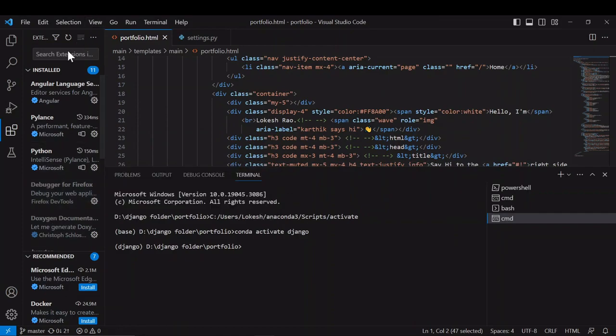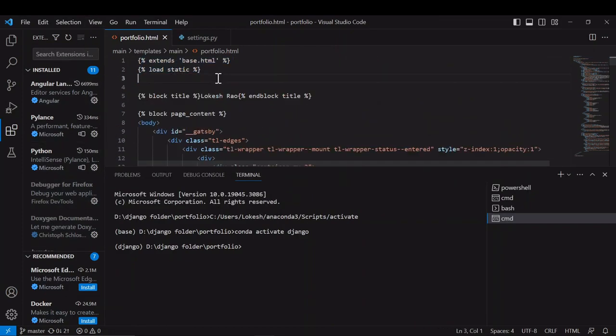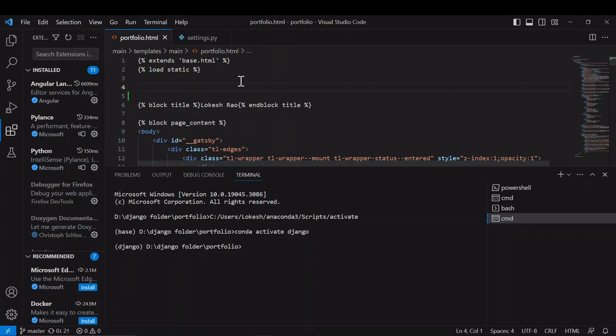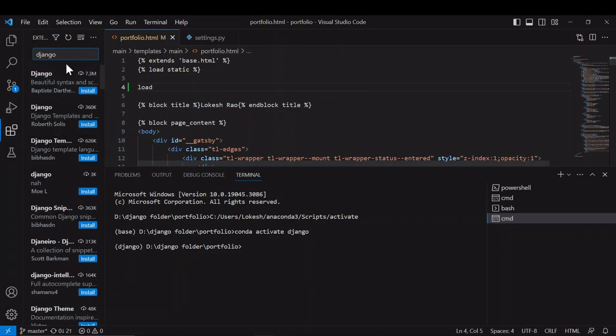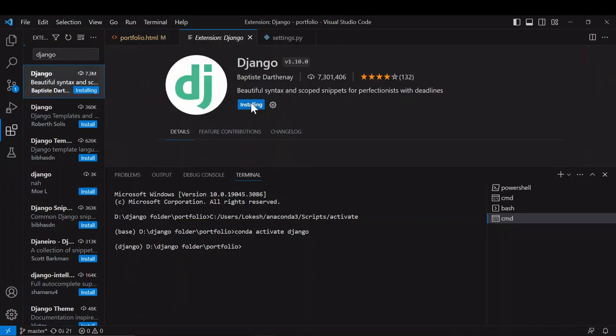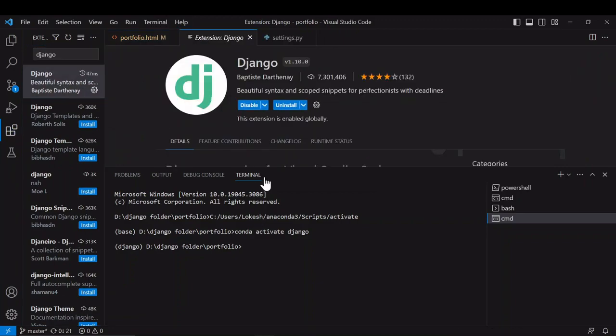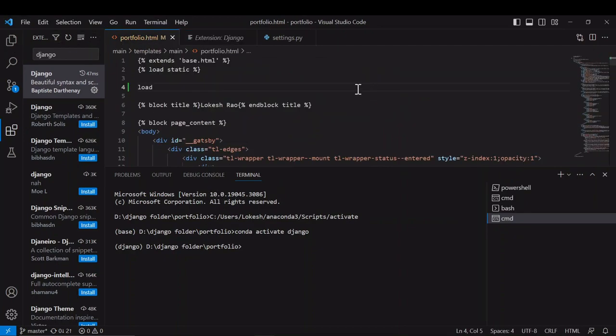After that, with HTML, we also want to change the color of it, so we have to just write the load static. So no extension, no preview. Install this. We like Django installed for templating. For snippets we install Django. Django is installed right now, but